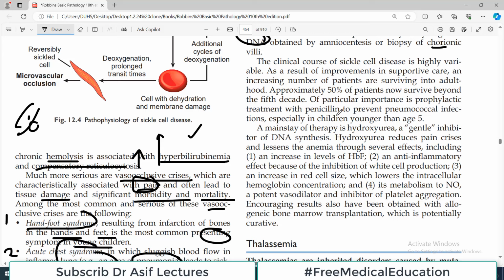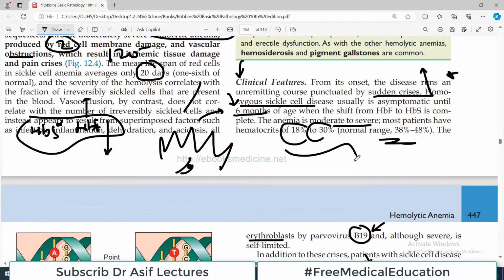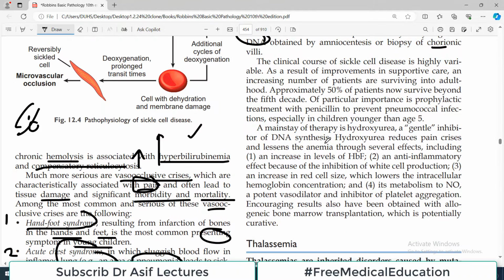And it depends upon a lot of different things. If the patient has inflammation, for example, the clinical course will be very complicated. If the patient has hemoglobin C within the red blood cell, so if the red blood cell contains hemoglobin S, which is not good, and also hemoglobin C, which is not good, this is a deadly combination. This patient's clinical outcome will be much worse as compared to the patient who does not